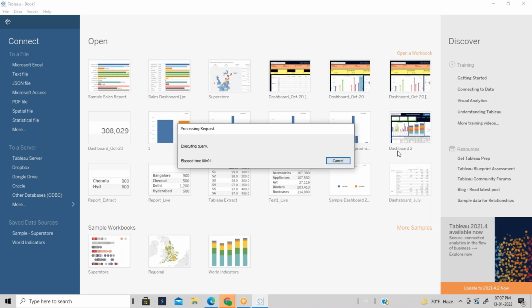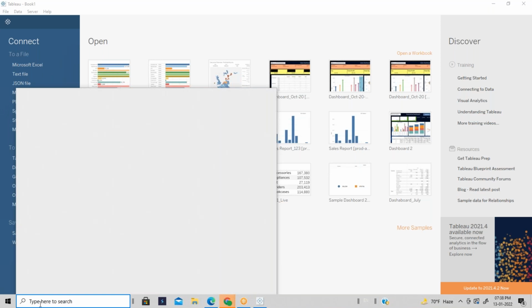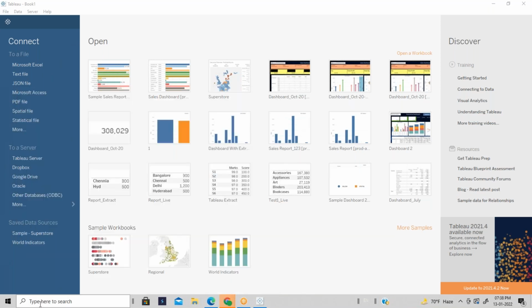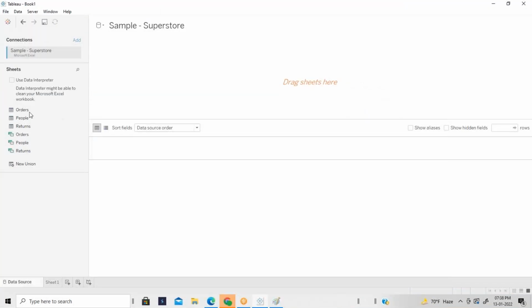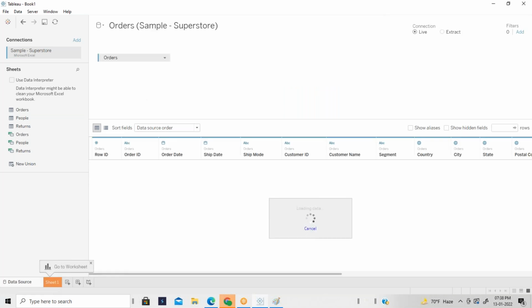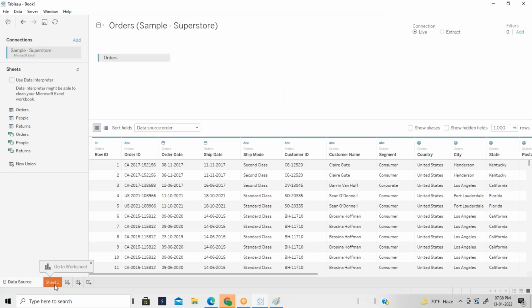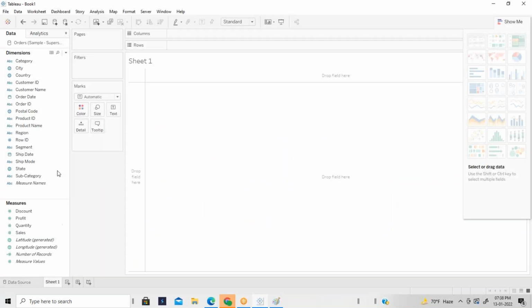So I'm trying to connect to the Excel source. Let me bring in the Orders table here. Now, just category.